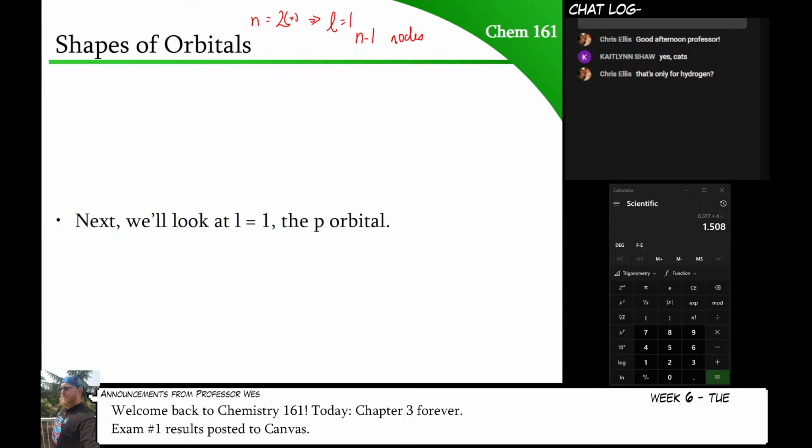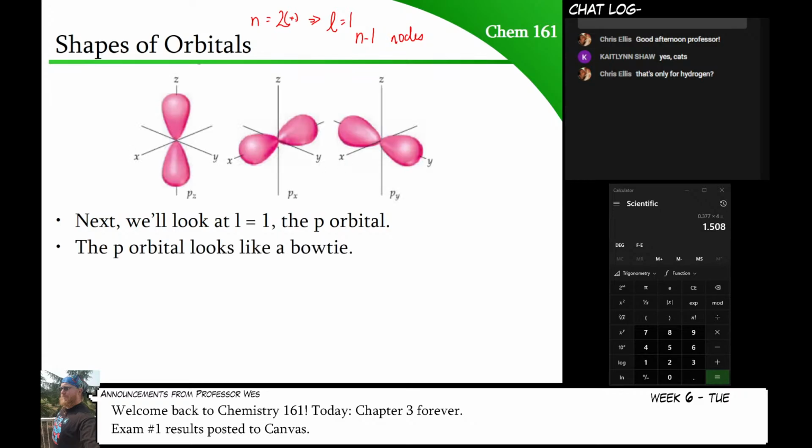And we just said that there would be 0 radial nodes for this because n minus L minus 1, or 2 minus 1 minus 1, is 0. But there's still a node somewhere. Where is the node? The node in this is an angular node. And it is the angle around